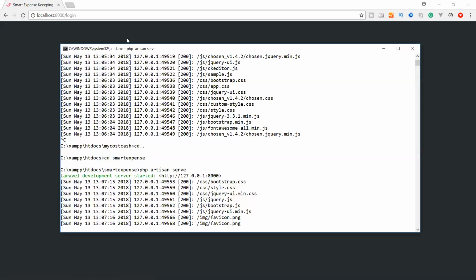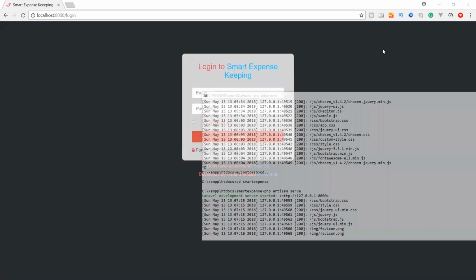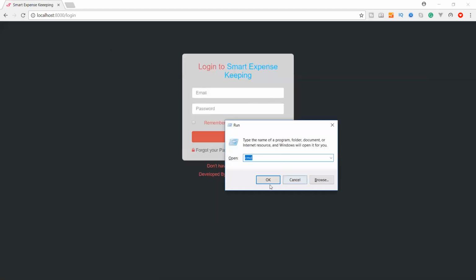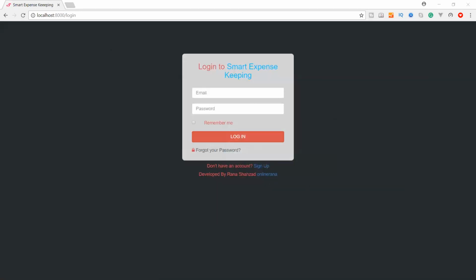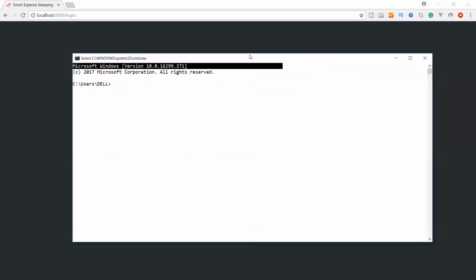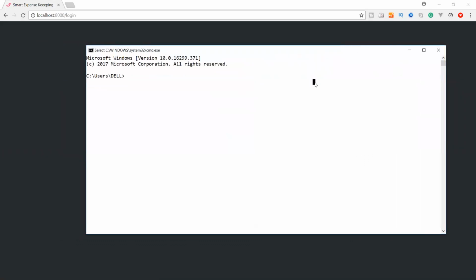Okay, and let's open another terminal. Minimize this, and press Control R to open the command prompt, and in the command prompt we are in a new terminal. Clear the screen and go to your source directory, XAMPP htdocs. In htdocs we have smart expense. So we are in the directory, and let's shift to our